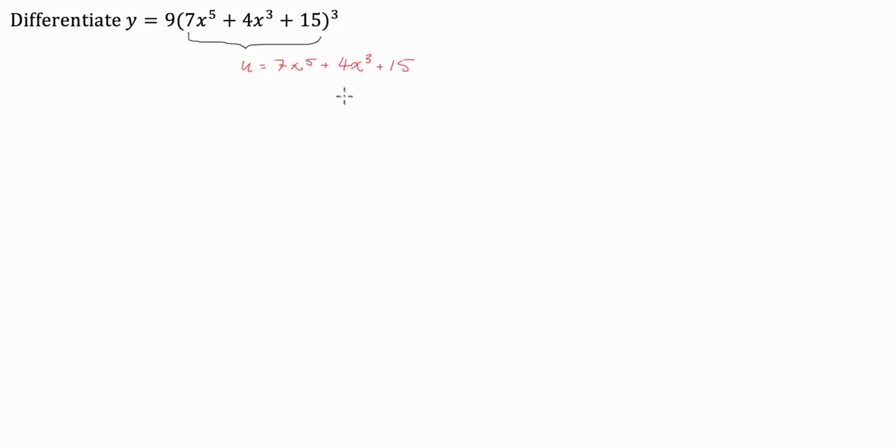And because we've pulled out that u, we can also express y not in terms of x, but we can express y in terms of u. So what we have here is our overall function can be made up of a cubic function, and then inside that cubic function we have a fifth power function. So the chain rule says,